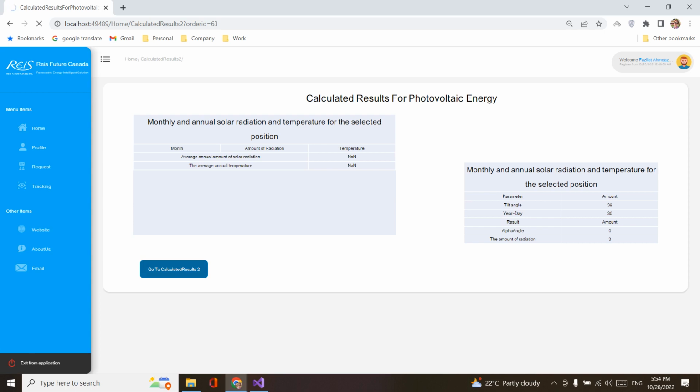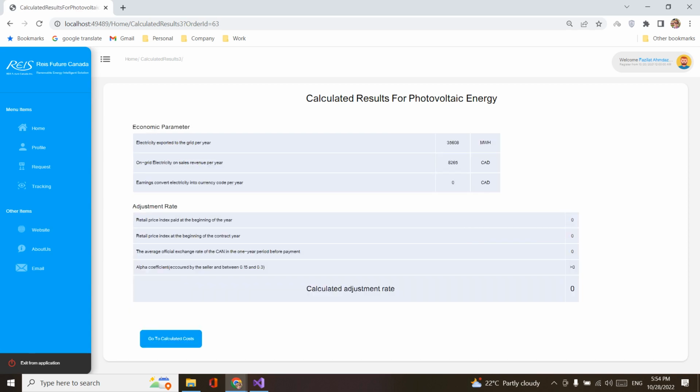In the next page, we have calculated economic parameters and adjustment rate.